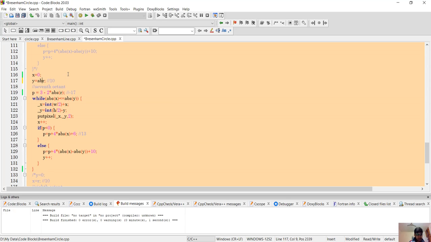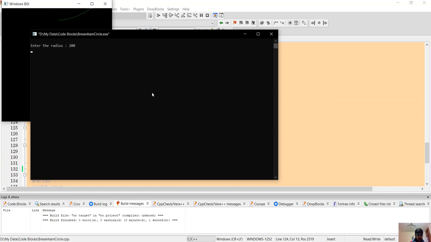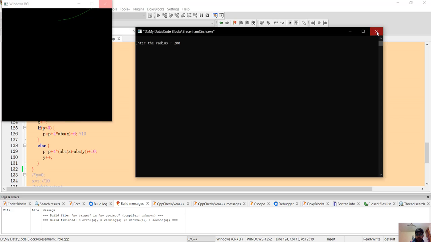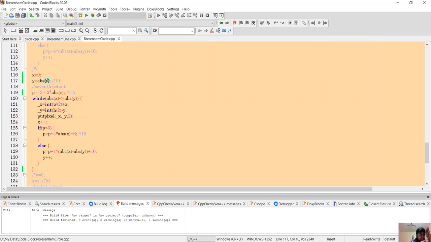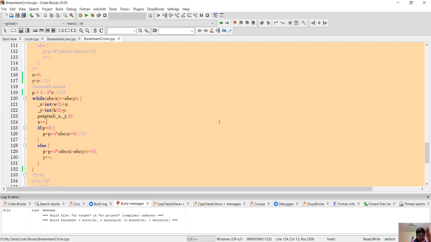Still didn't work. Nah, we don't have to keep it absolute. Don't keep it absolute, because if we keep it positive, then the code will not run properly. Okay, so it is working perfectly fine.